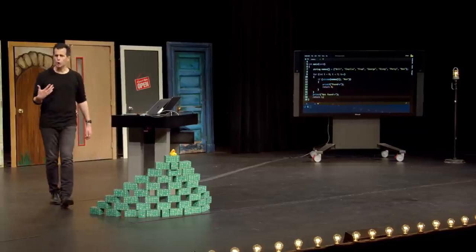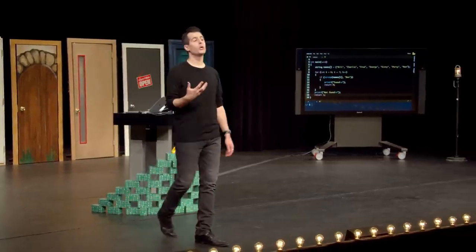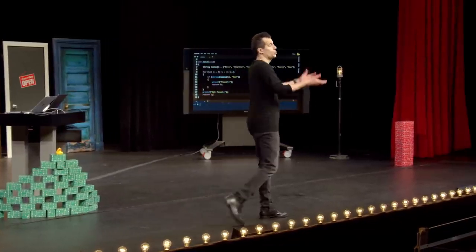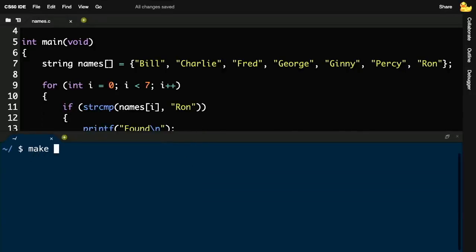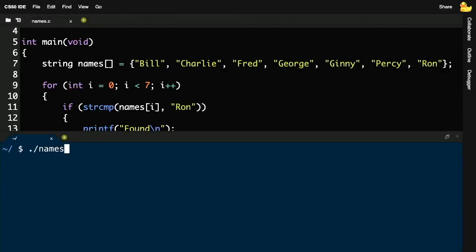So even though I've hard-coded everything, and to hard-code something in a program means to type it out explicitly, you could imagine using a command-line argument like last week to get users' input. Who would you like to search for? You could imagine using get_string to ask them. But for now, just for demonstration's sake, I've used only Ron's name. And if I haven't made any typos, let me type make names, enter. So far, so good. ./names, and I hopefully will see indeed found, because Ron is very much in this array